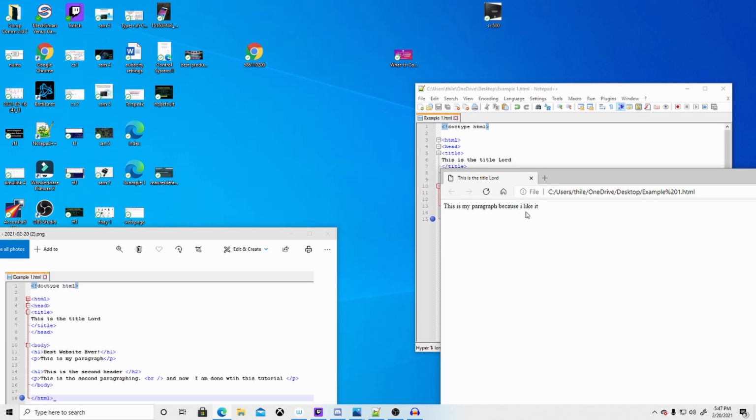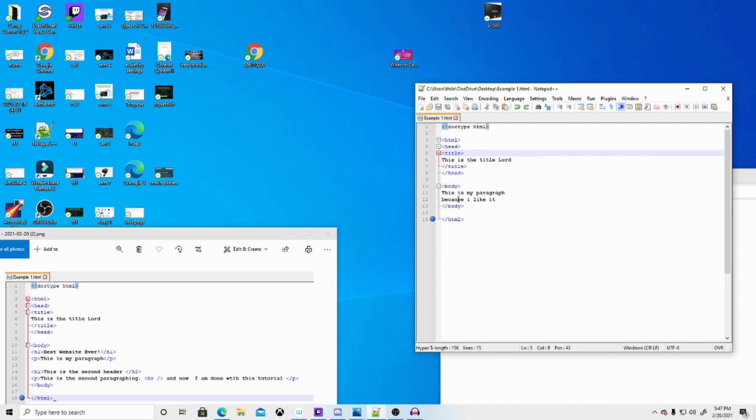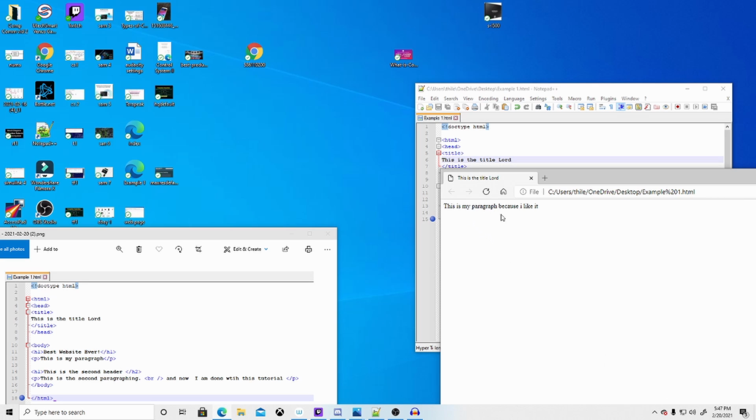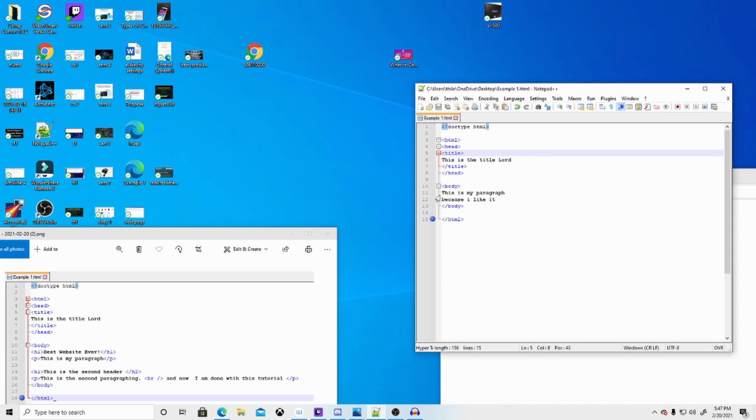Okay, this is my paragraph because I like it, and then you can see it's not showing the second paragraph, so we can do something to make it into two paragraphs. Now let's see. The first way is